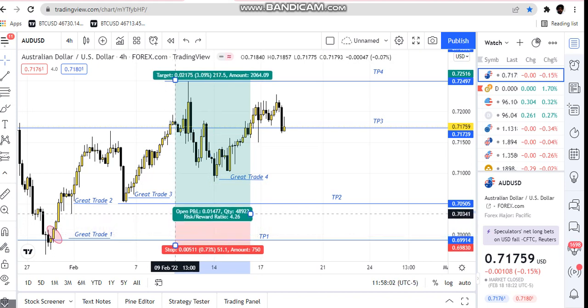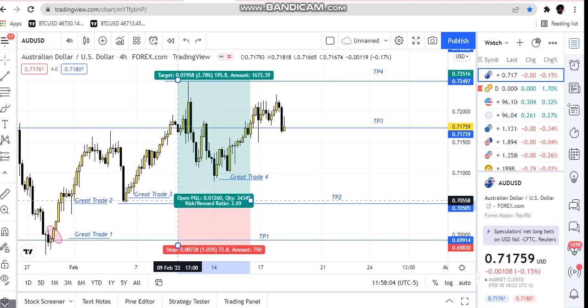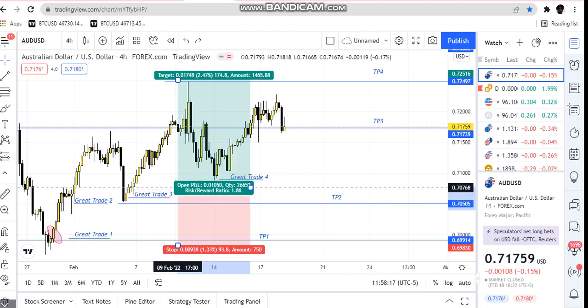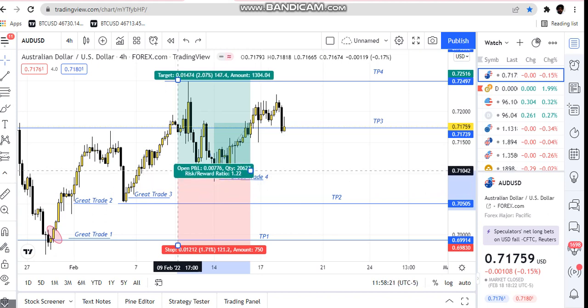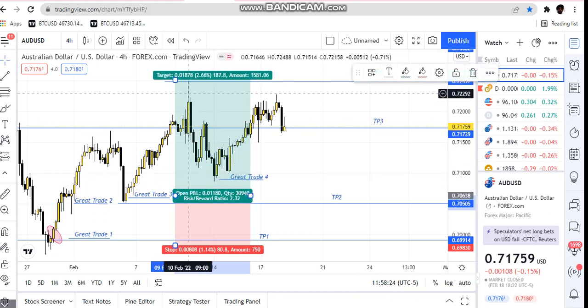So as price is going up, let's say you got in that great trade too, right? And price is going up, right? And you can manually do this. I showed you how to do this already. You can manually do this in MetaTrader. You can manually push your stop loss into profit. So when price does shoot back down, price started shooting back down all the way back down to Great Trade 4. Before it even shot back down to Great Trade 4, and you were swing trading it from Great Trade 3,